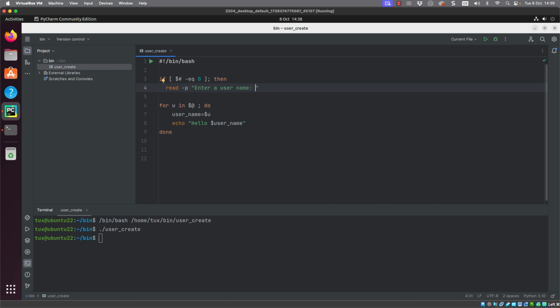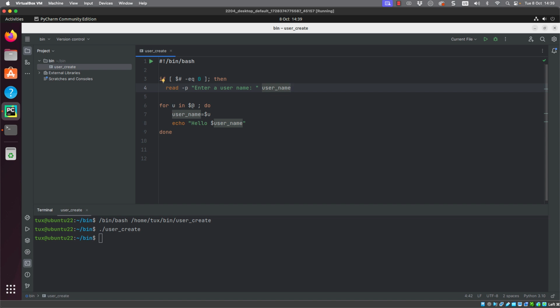Now, if I don't specify a variable to use with read, the default name is going to be REPLY in uppercase, but I'm going to supply the variable user_name just so we're sticking to the same variable that we use within our for loop.